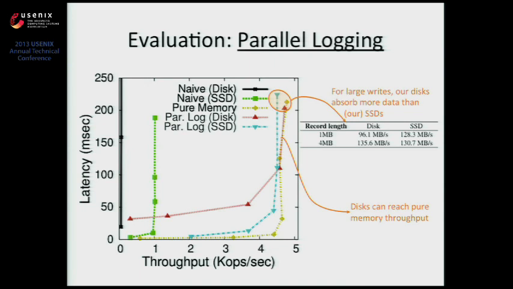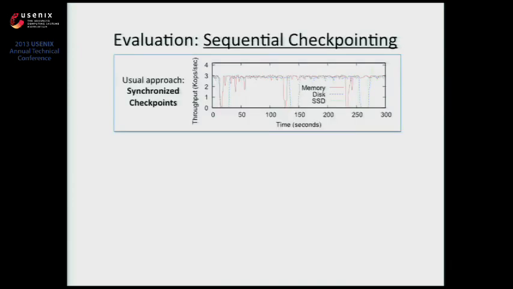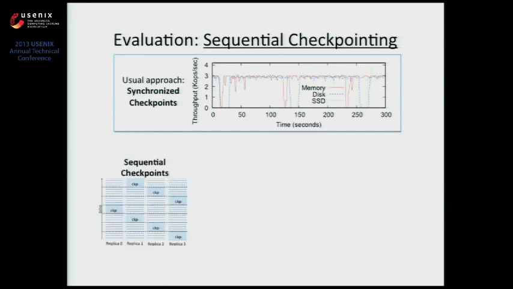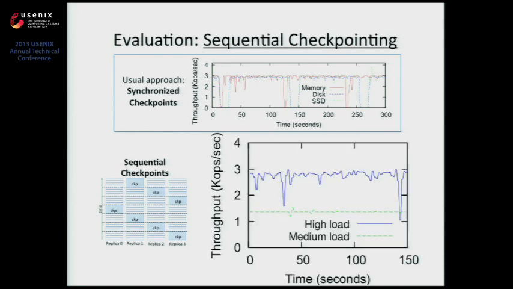Okay, there's a price to pay in using disks, and we can't avoid it if you really want durability, okay? Then there's the problem of sequential checkpoints. As you saw before, you have this perturbation when the replicas stop. So what we try to do is this: do the checkpoints in different points of time. And what will happen is something like this, okay?